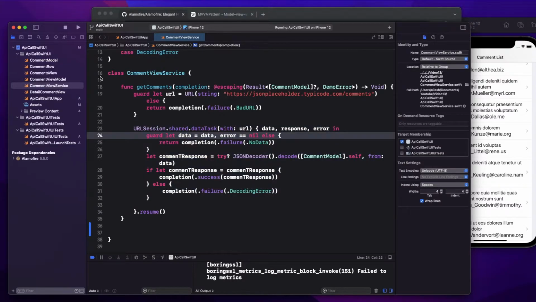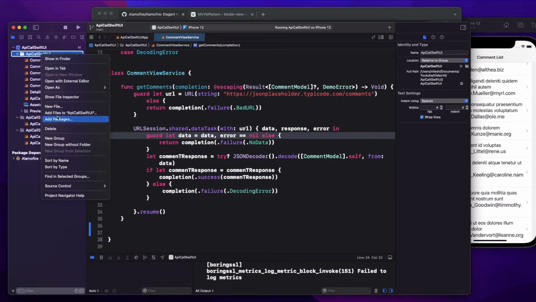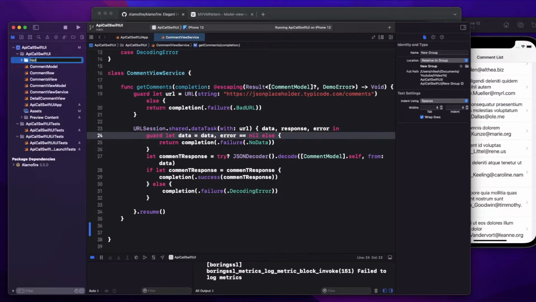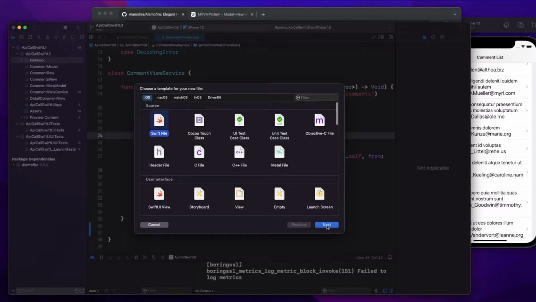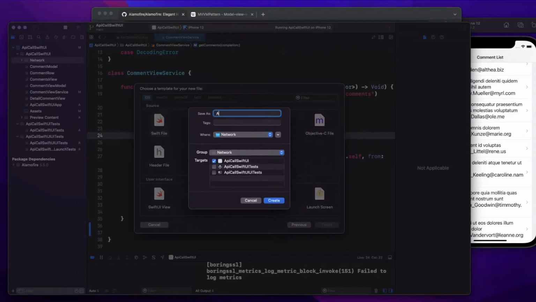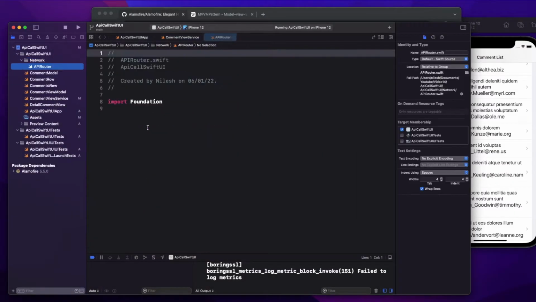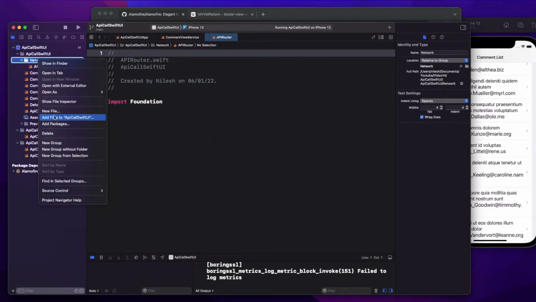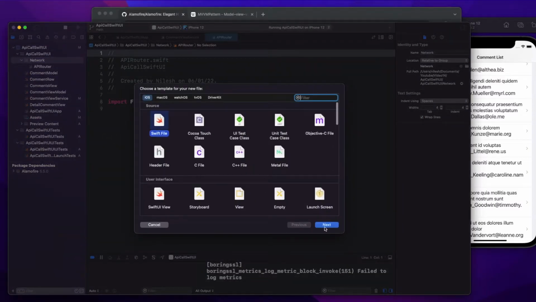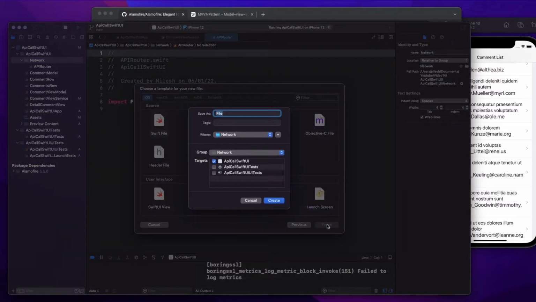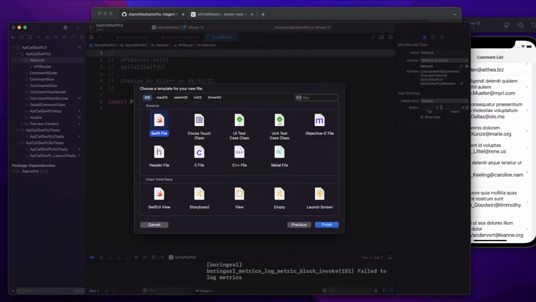Okay, so now let's see how we can segregate it. Let's create two classes for that. First I will create a new folder here, and I'll call it Network. Inside it I'll create a class called API router, and I'll create one more class, REST API client.